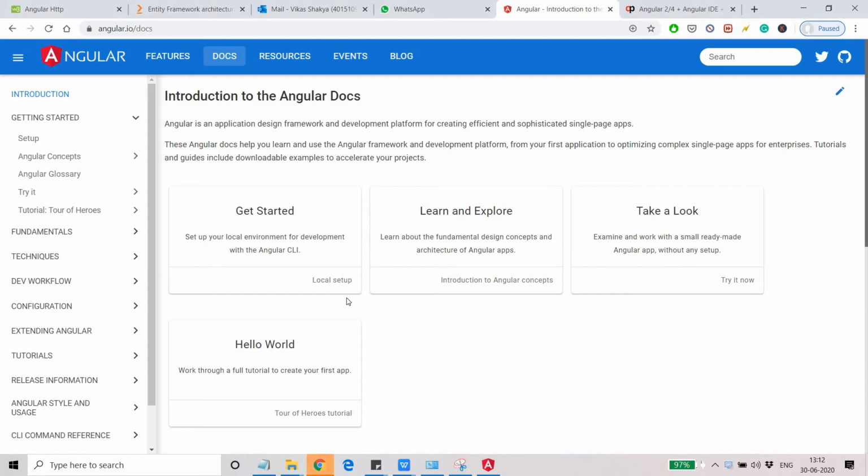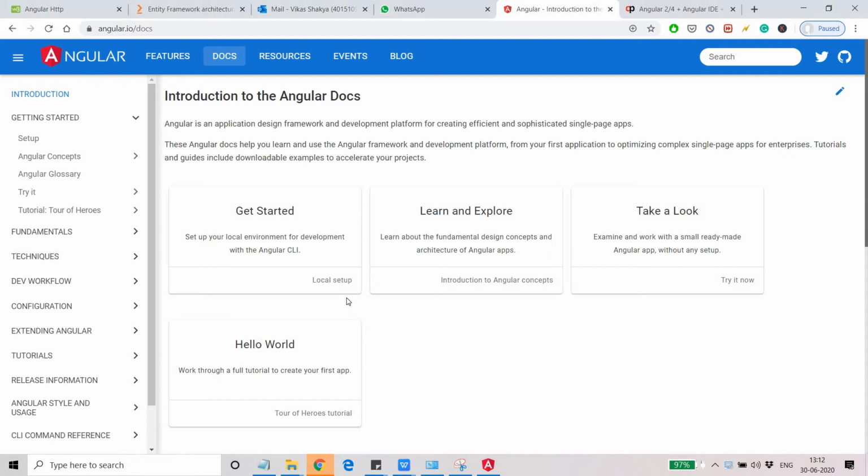Hello friends. So this is the new playlist I have started from today, and this is related to AngularJS. In this playlist, I'm going to upload the videos related to AngularJS. If you want to understand how AngularJS applications can be started and how they can be configured, you can go through this playlist. And in this playlist, we will create sample applications, sample programs to understand the basic concepts of Angular.